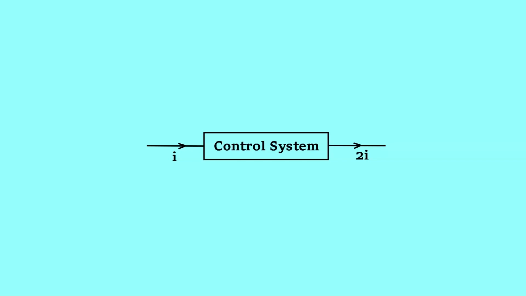Consider a control system of a simple multiplier. Here, the current I is the input of the control system and the current 2I is the output of the control system. You should be concerned about input, output and control system only. In the beginning, you have to restrict your curiosity about how this control system is actually designed. This particular control system can have inductance, resistance, capacitance, MOSFET, BJT and so many other components which you may study